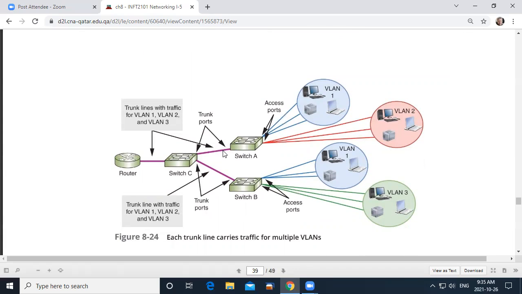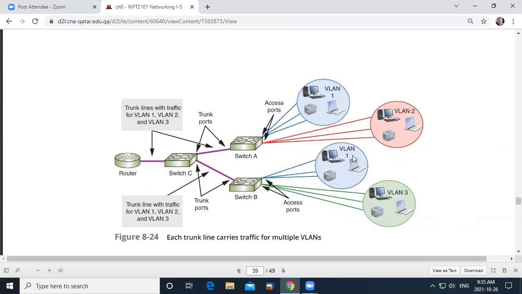Now, this diagram shows that quite nicely, I hope. We've got trunk ports on each of these switches, and you see them connecting to the other switches and to the router. Over here on this machine, we have the connection through the access ports. The access ports are going to connect to the individual hosts.